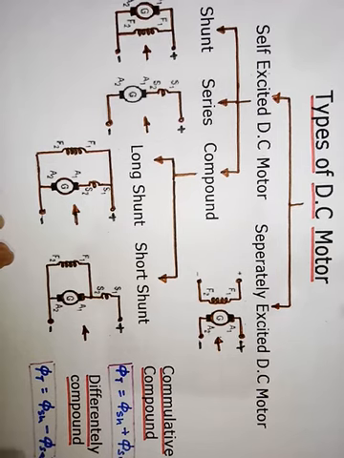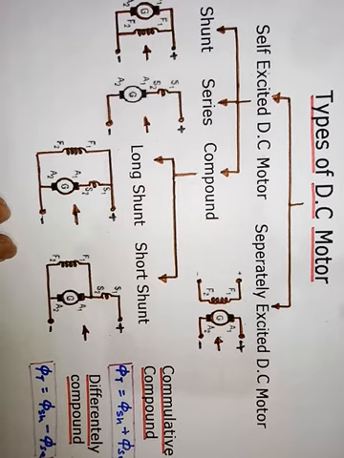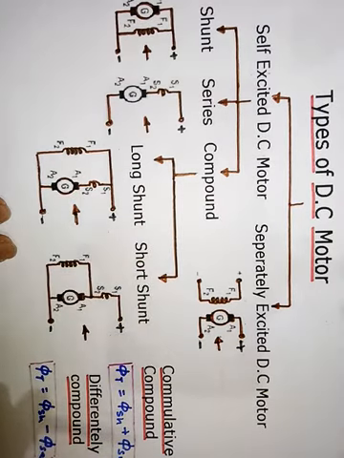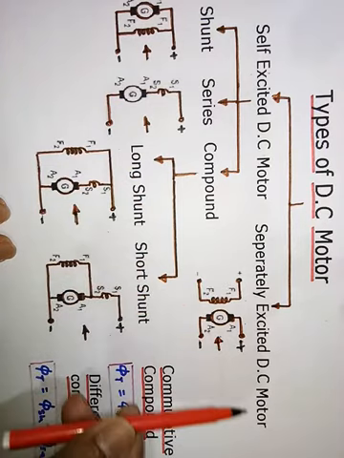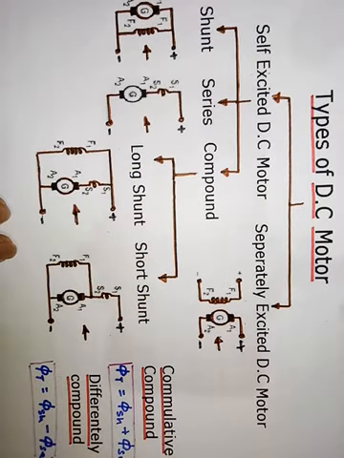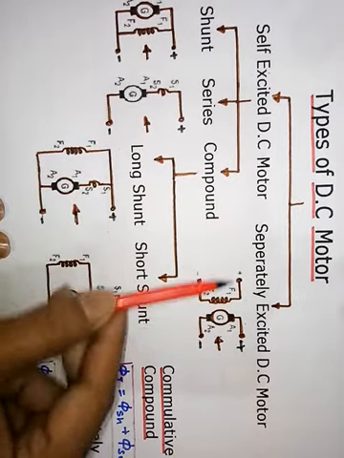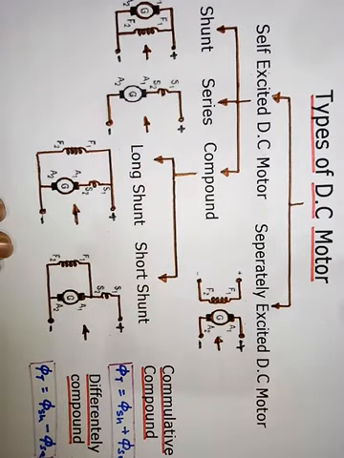Now students, welcome again. We are discussing the types of DC motor. In the previous videos, we have already discussed the DC shunt generator. Clear? Now it is classified into three categories, as with a DC generator: a self-excited DC motor, a separately excited DC motor, and the third one is the permanent magnet DC motor. But we are discussing the two different types, separately excited and self-excited. You know very well the self-excited and separately excited.